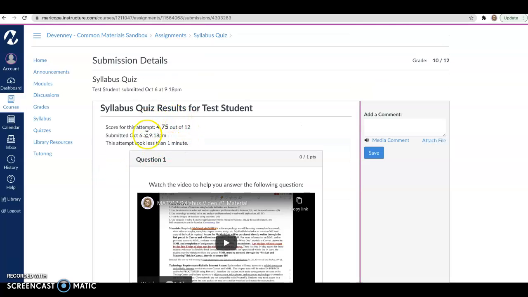I can not only view the score from this attempt, but I could view my final score. So you might notice that my final score is a 10 out of 12, but on this attempt, I got a 4.7 out of 12. So it looks like I was allowed multiple attempts on this particular quiz. On this attempt that I got